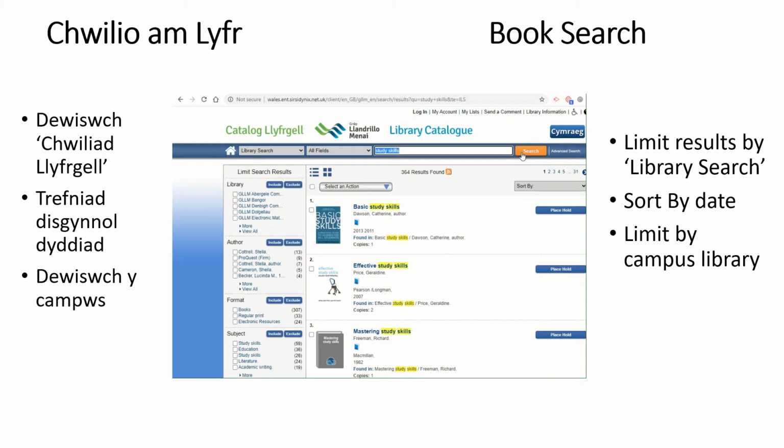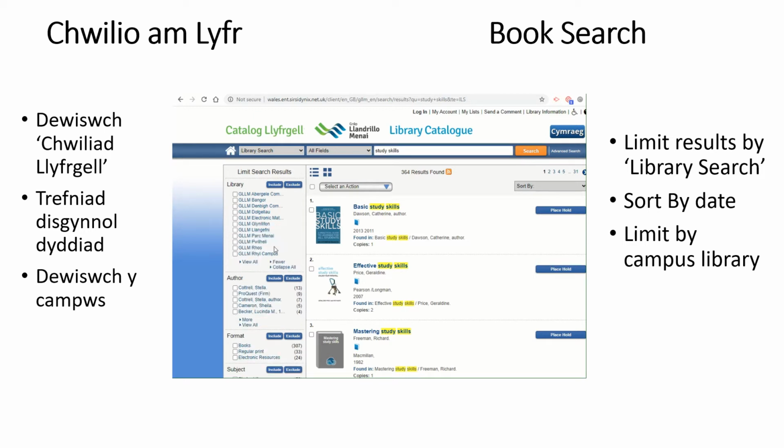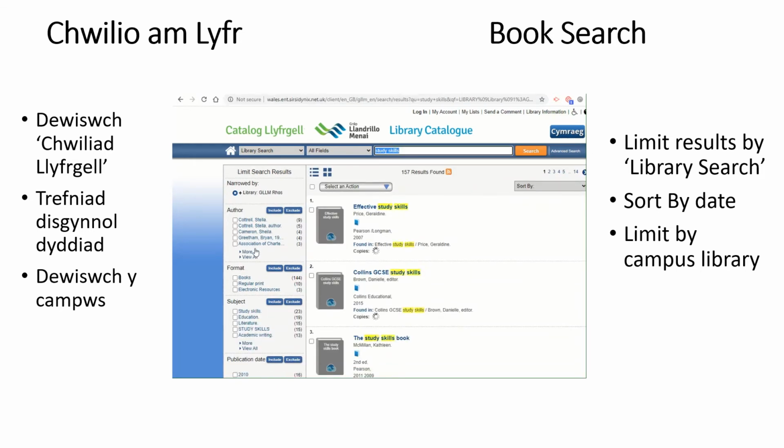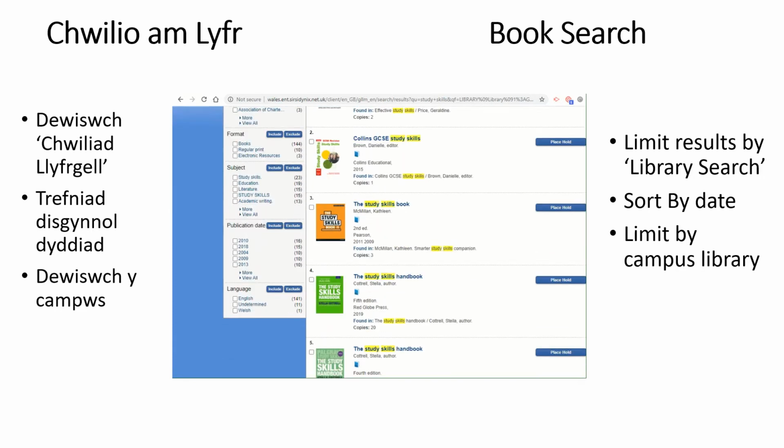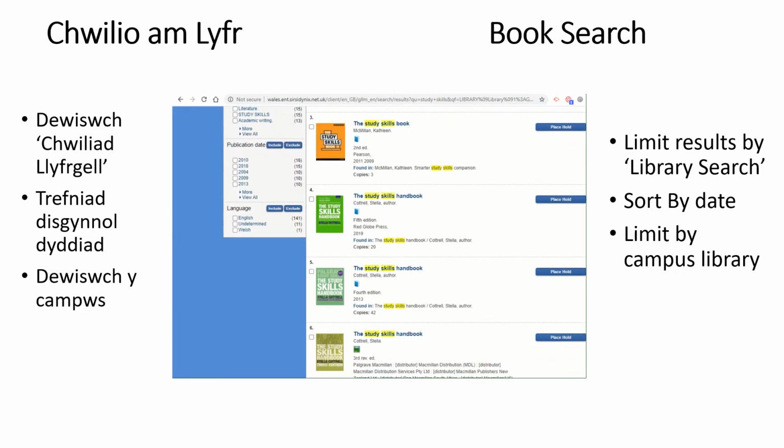You want to find a book on the campus you're based at most often, so on the top left of the page, click the More link to get a full list. We'll click on Rose Campus for this example. The search results will change again and will show items available in Rose Campus libraries. When you see something relevant, click on the title of the book to find out more.